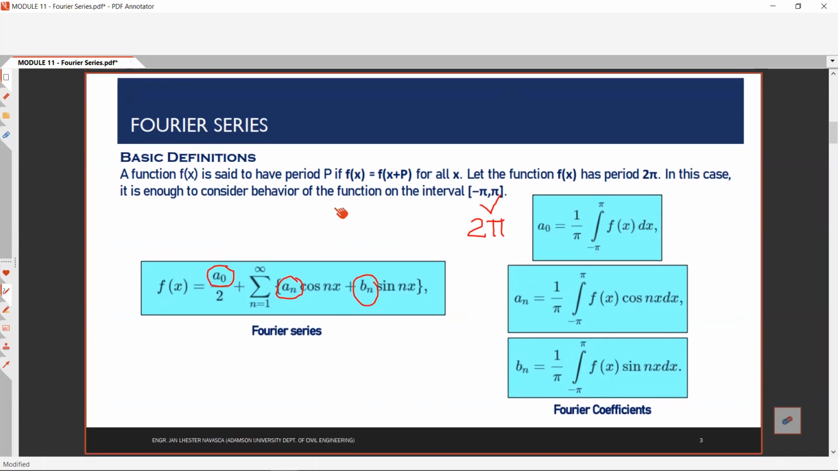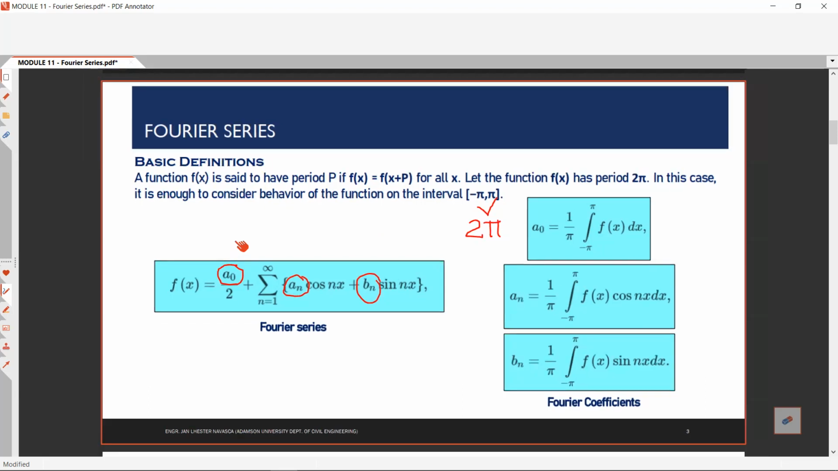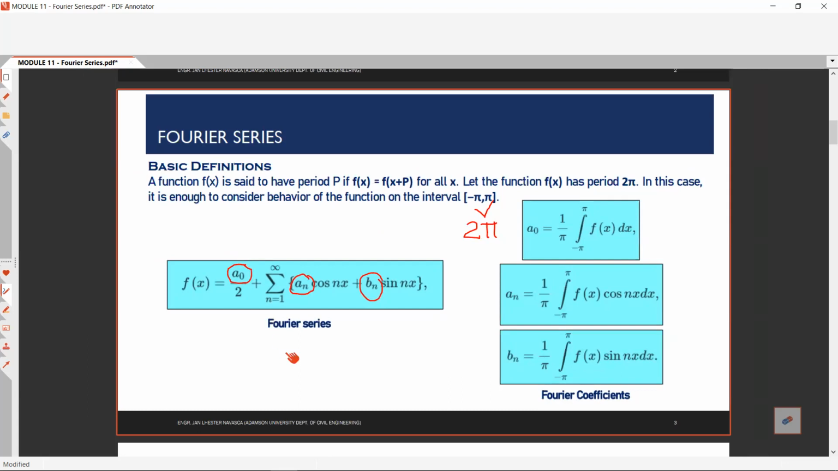The concept is the same as the power series. They are representing a function as an infinite series. It is like what we call curve fitting. Remember, if we compare the power series versus the Fourier series,